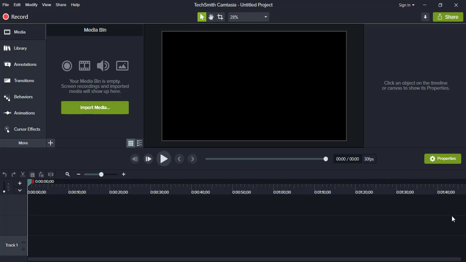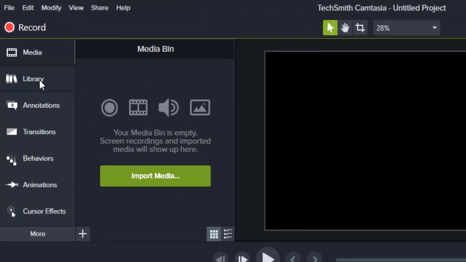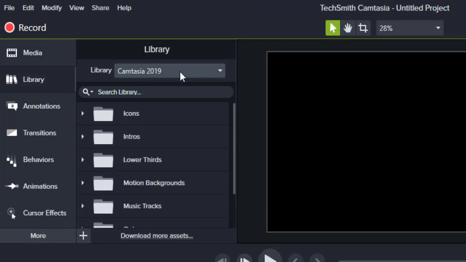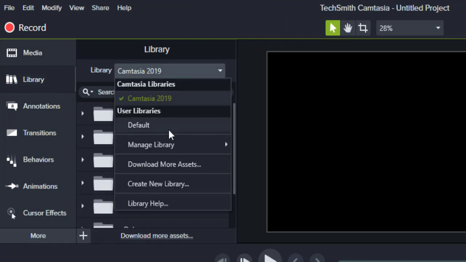Have a look. I assume that many of you don't know that Camtasia has its own library, and it has some provision that you can also create your library and store in it. So we will see what all it contains. For that we have to go to the library. As you can see from here, this is Camtasia library and this is default. This is where you make your own library, your stuff, and keep it.